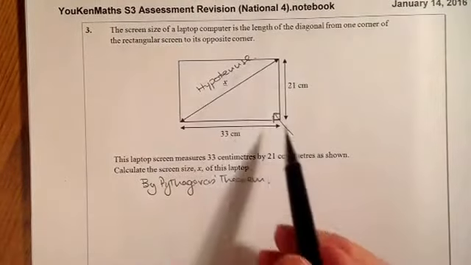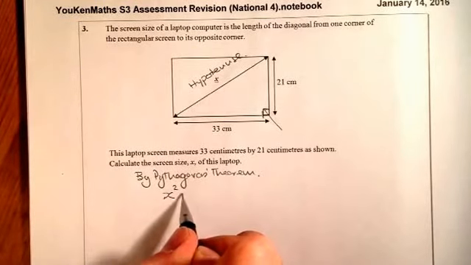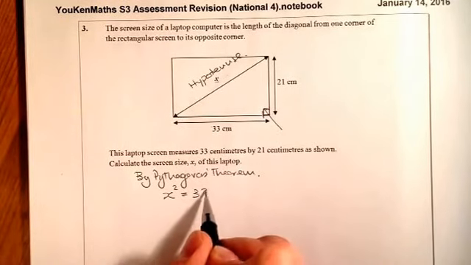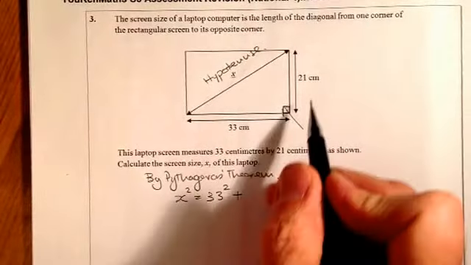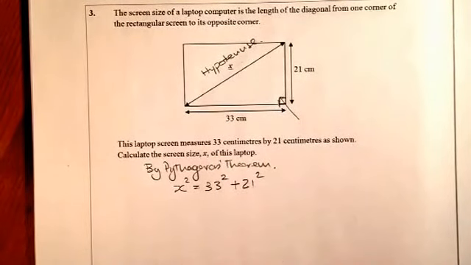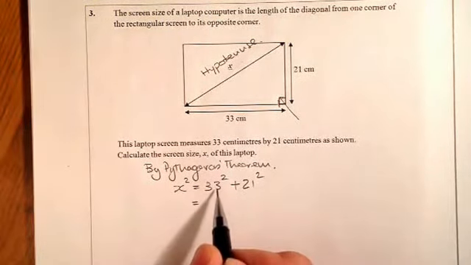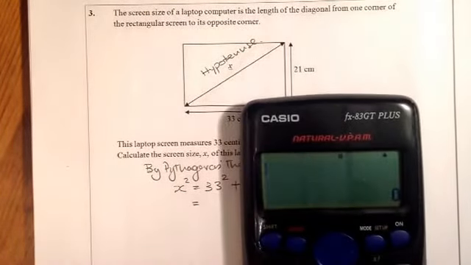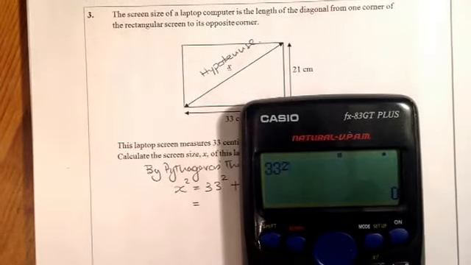Okay, so I know it's the largest side that I'm going to try and calculate, so I'm going to put down x squared is equal to 33 squared plus 21 squared. So that's Pythagoras Theorem set up for me. What I'm going to do is go to my calculator and do 33 squared. So I'm going to punch in 33 and hit my square button and equals. So that's